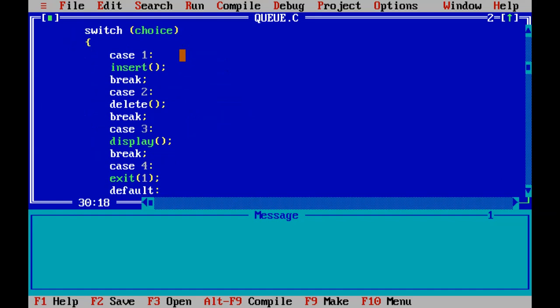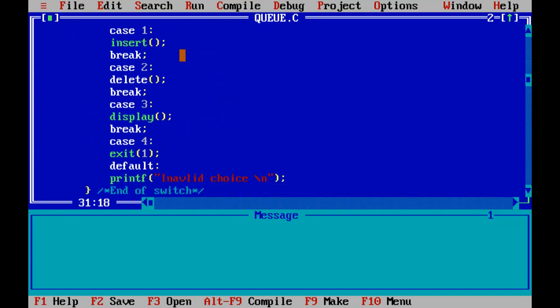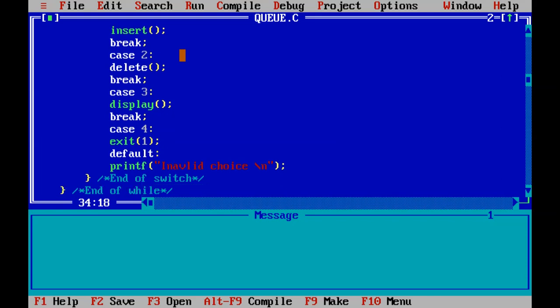Okay, and after this, there is a default case, means if the choice is other than 1, 2, 3, 4, it will show the error message invalid choice.